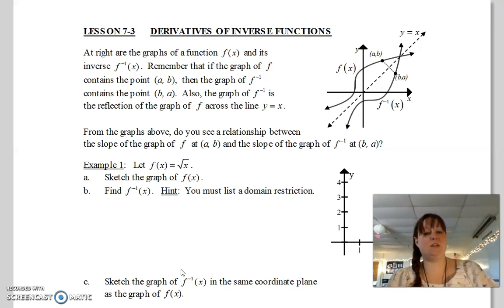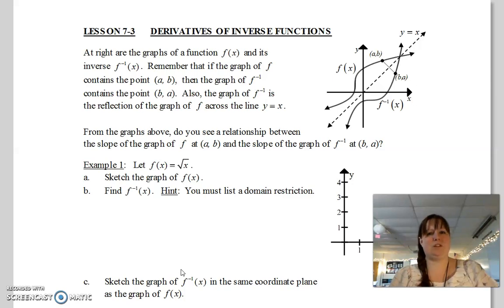We're talking about the derivatives of inverse functions today, and what you might remember about inverse functions is that to find the inverse of a function, we can graph the function, and we reflect that function over the line y equals x, and that gives us the inverse. In fact, in Algebra 1 and Algebra 2, when we talk about inverse functions, a lot of times we take actual wax paper and we draw the function, and then we fold that drawing over the line y equals x to reflect it, because sometimes it's really hard to see